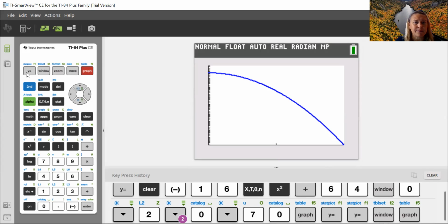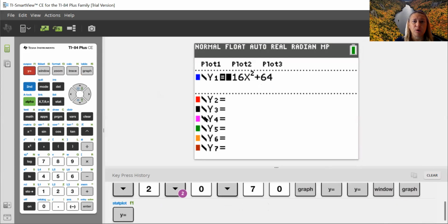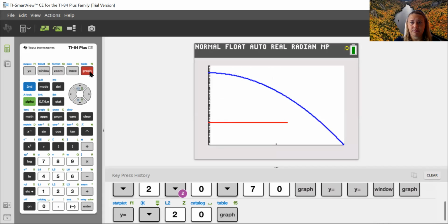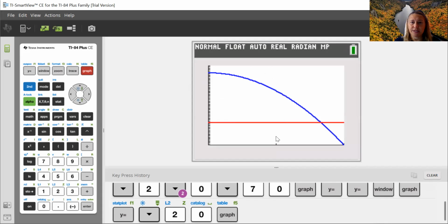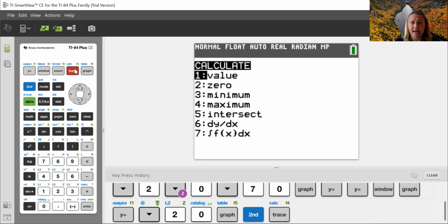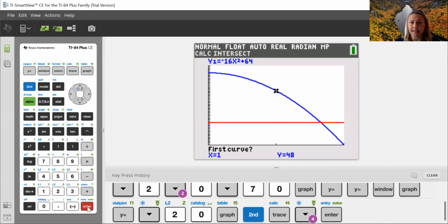So anyway, let me go back to the y equals. We want to know when y equals 20. So I could just graph the line y equals 20 and look at this graphically. I've got that wonderful feature on my calculator, which if I go to second calculate and I select intersect, instead of solving this algebraically, I can